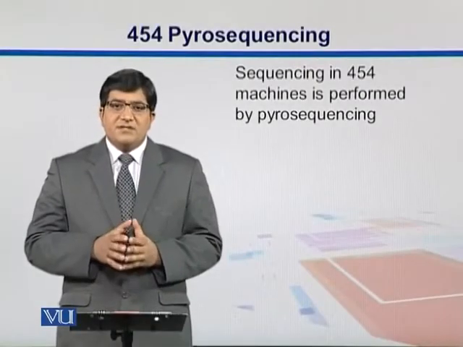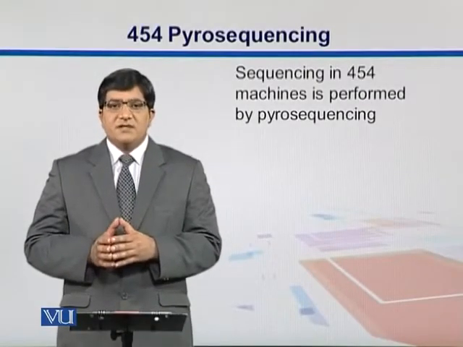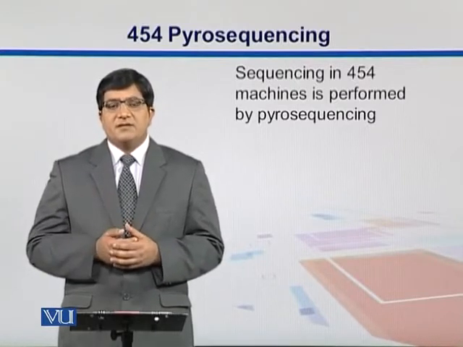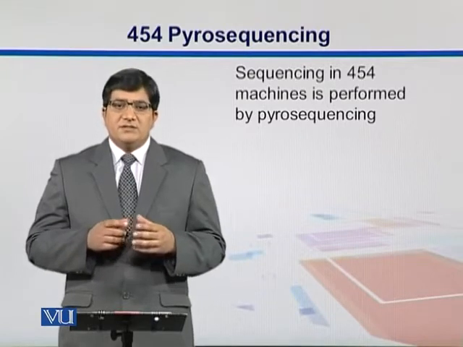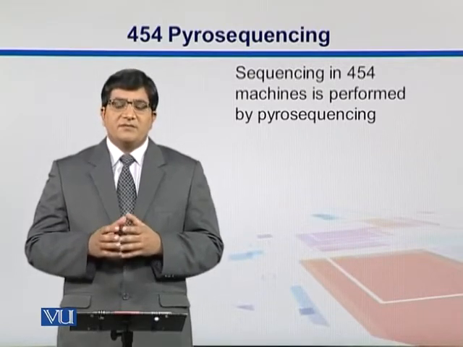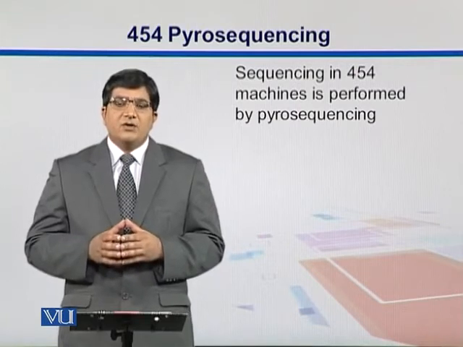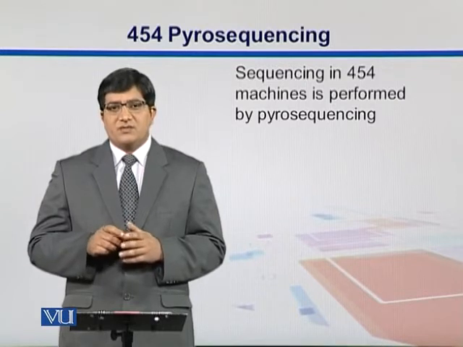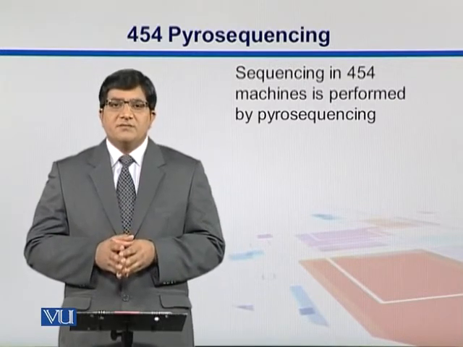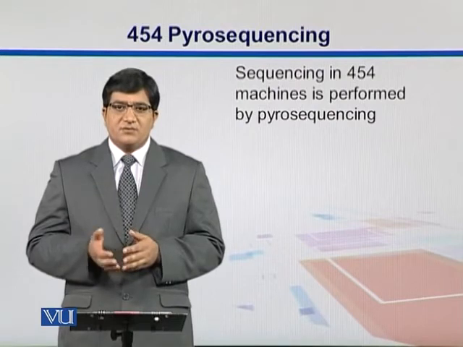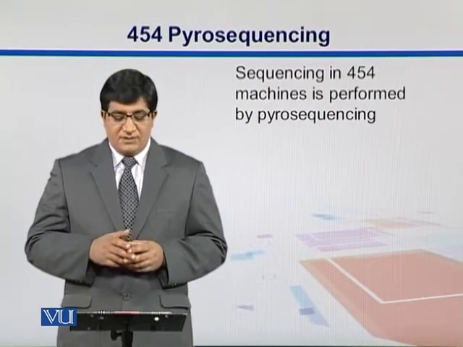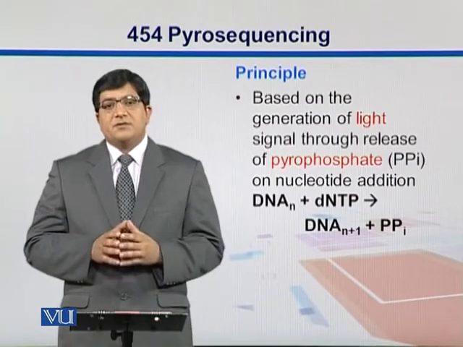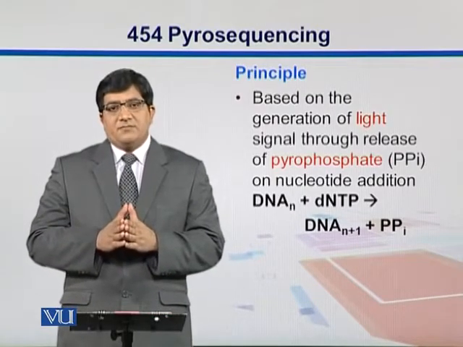Now next we see how 454 performs sequencing. So far what we have seen in the previous sessions is that in the 454 the fragments are amplified in a process called emulsion PCR, and now those beads on which those amplified fragments are there will then be processed for sequencing. It performs sequencing using a technique which we call pyrosequencing, which is based upon the principle of